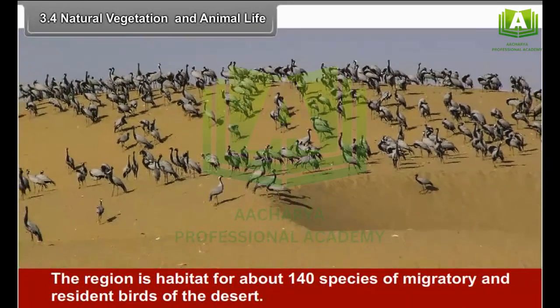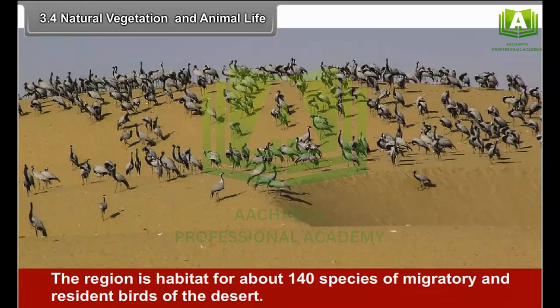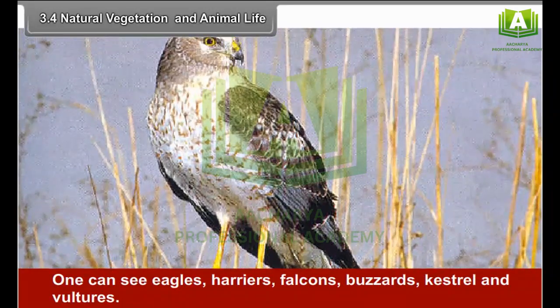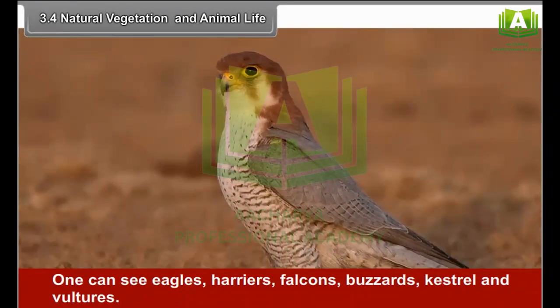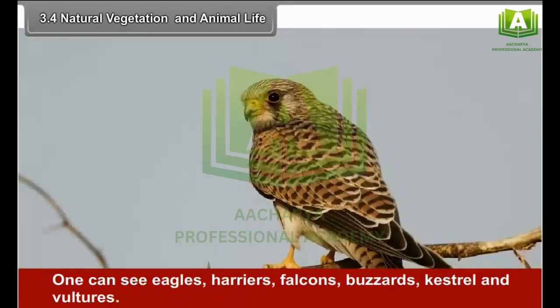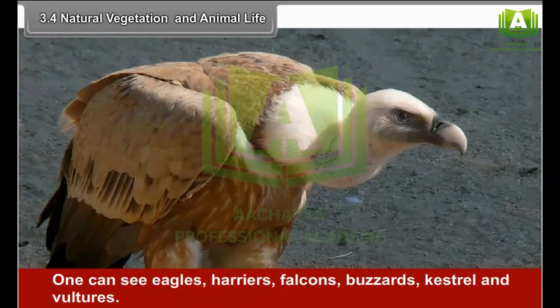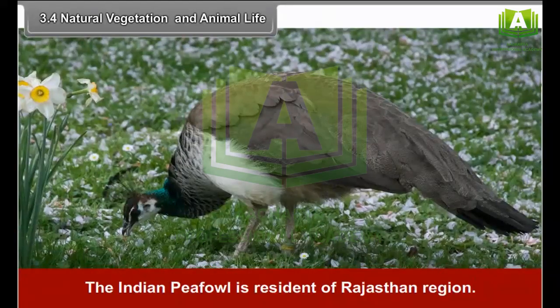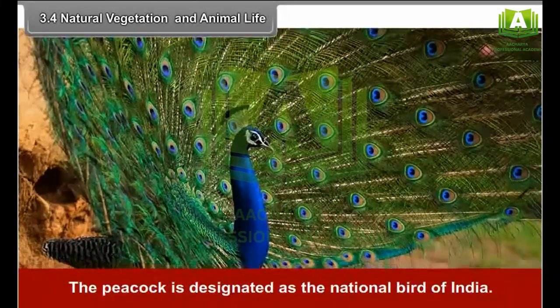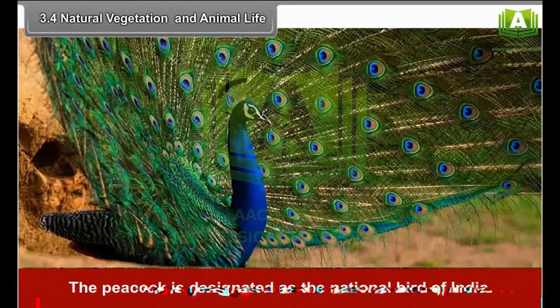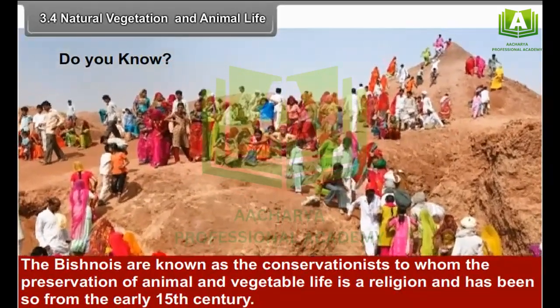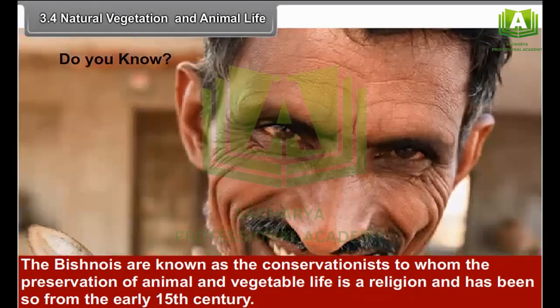The region is a habitat for about 140 species of migratory and resident birds of the desert. One can see eagles, harriers, falcons, buzzards, kestrel, and vultures. The Indian peafowl is a resident of Rajasthan region. The peacock is designated as the national bird of India. Do you know the Bishnois are known as the conservationists to whom the President